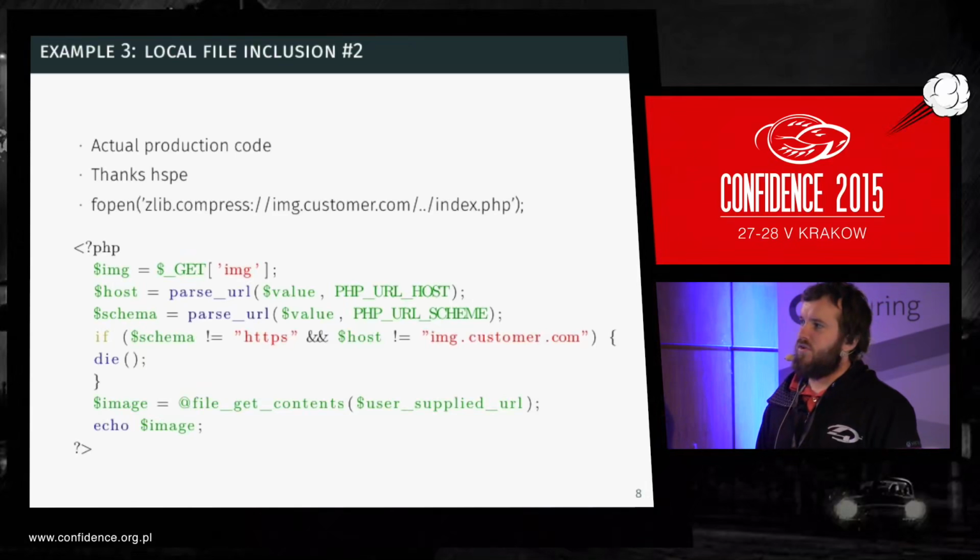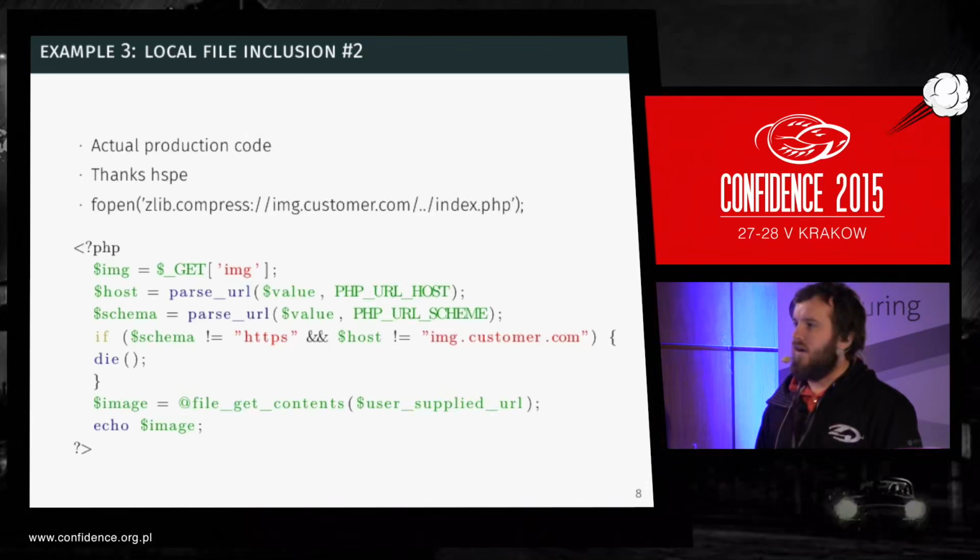The original code would get some parameter from the user, extract the host and scheme, and make sure that it was HTTPS and im.customer.com, but they made a mistake. This should be an OR, but it's an AND, which means that we only have to fulfill one of these two